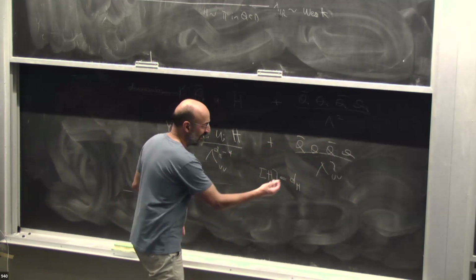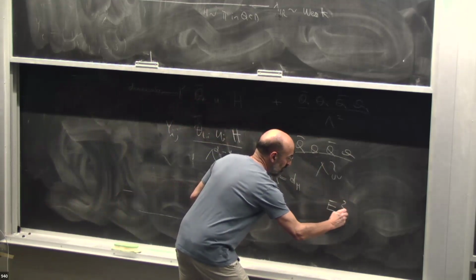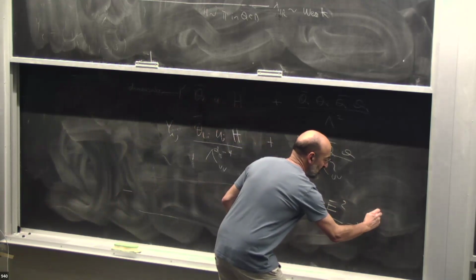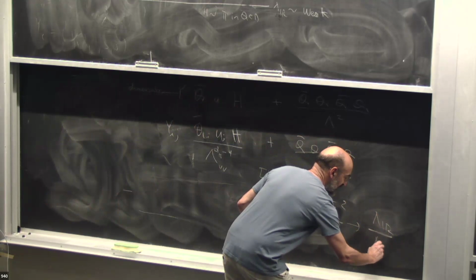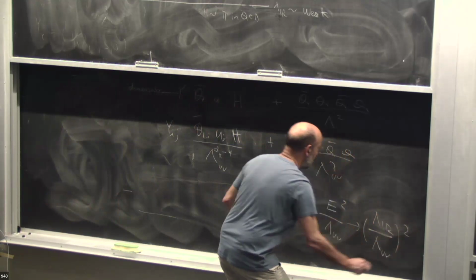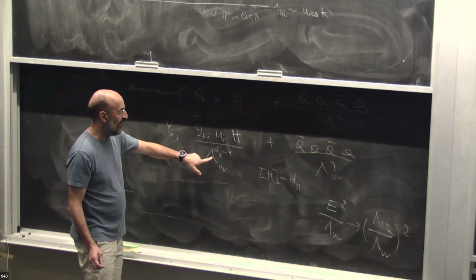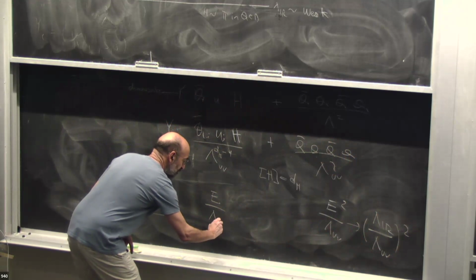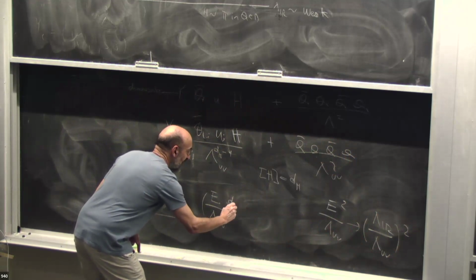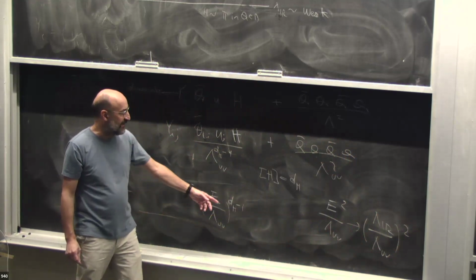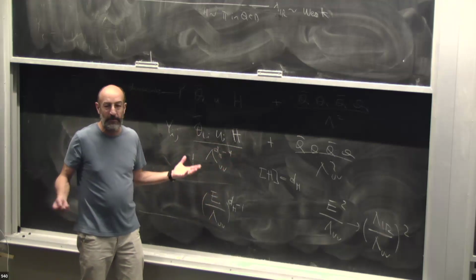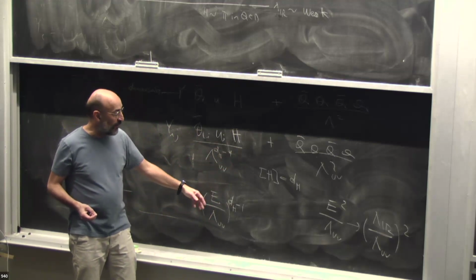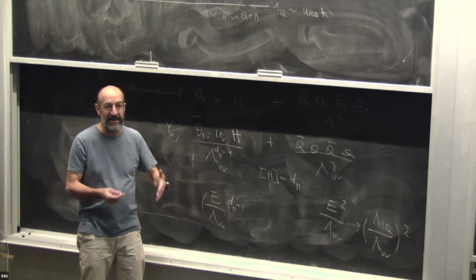okay? If you want, the running coupling here is E squared over lambda UV, okay? And when you get to the infrared scale, this is going to give you effects that are of order lambda IR over lambda UV squared. Here, the effective coupling goes down like lambda UV to the power dH minus 1. And in fact, if the Higgs were elementary of dimension 1, this would be essentially constant with energy. It's a marginal operator. On the other hand, if dH is bigger than 1, then it goes down.